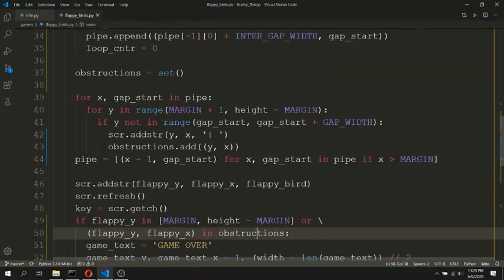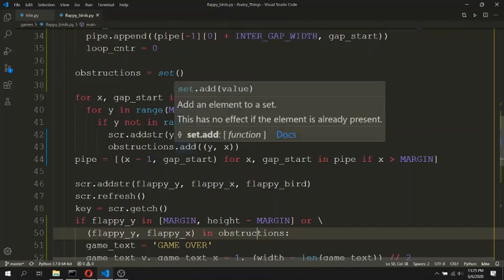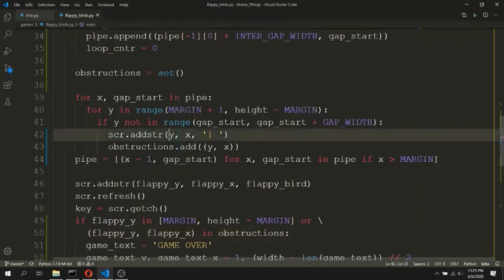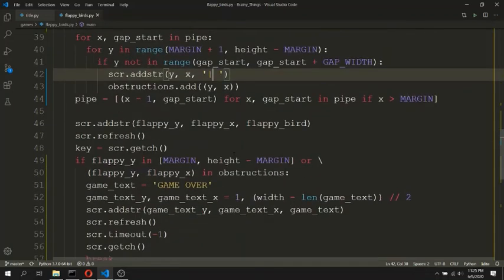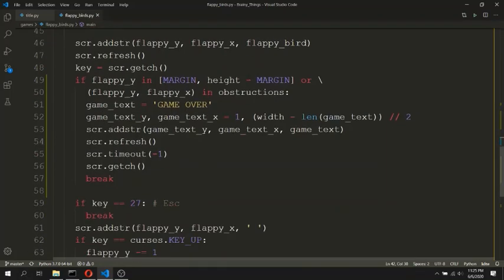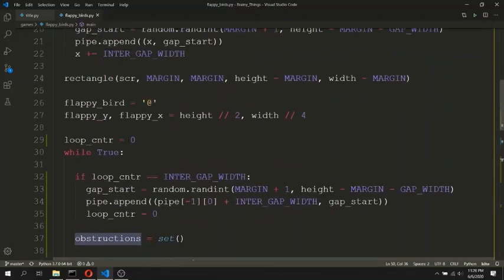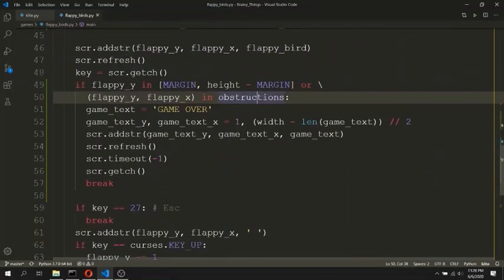And set data structure allows only unique elements, and we definitely have unique coordinates for each of the pipes because they are located at different regions of the screen. So this has optimized our code because this section of code is happening at every iteration of the game loop. So the set data structure is the ideal data structure for our case.